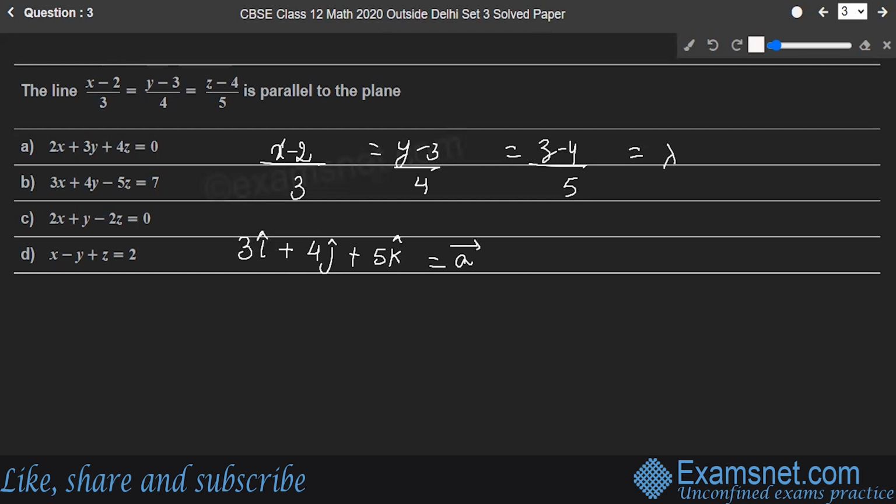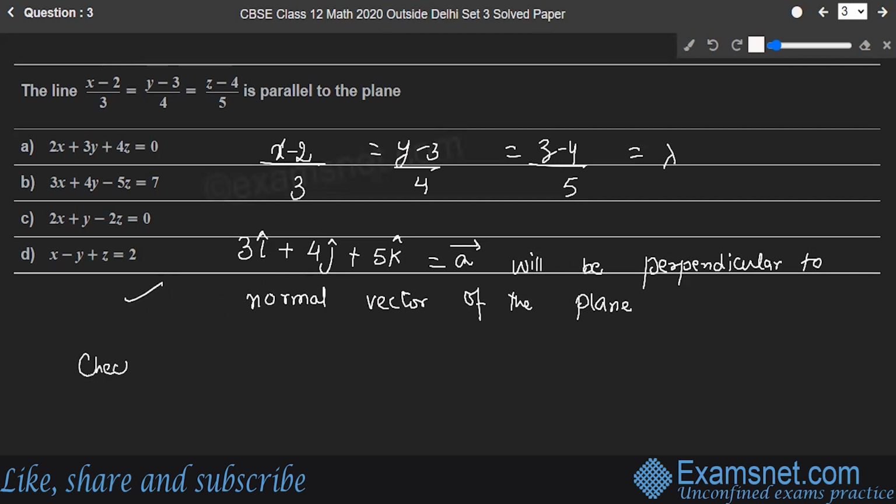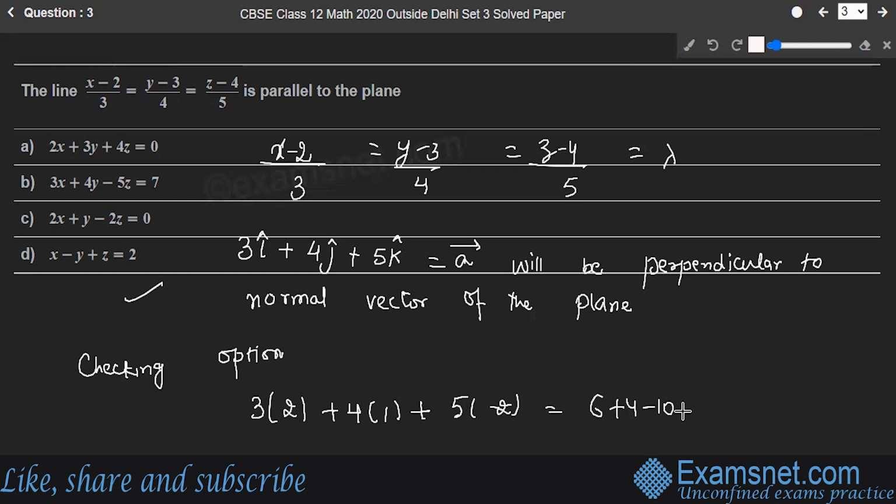Let's say this is equal to a vector. This will be perpendicular to the normal vector of the plane. If I check with option D, you have 3 into 2, 4 into 1, 5 into minus 2. This is equal to 6 plus 4 minus 10, which is equal to 0. Therefore,